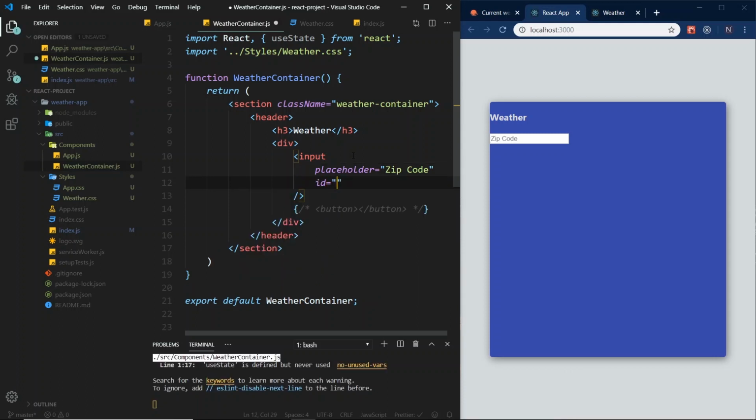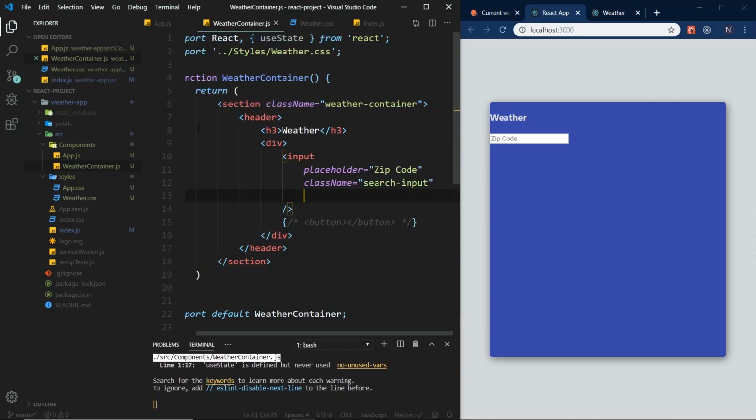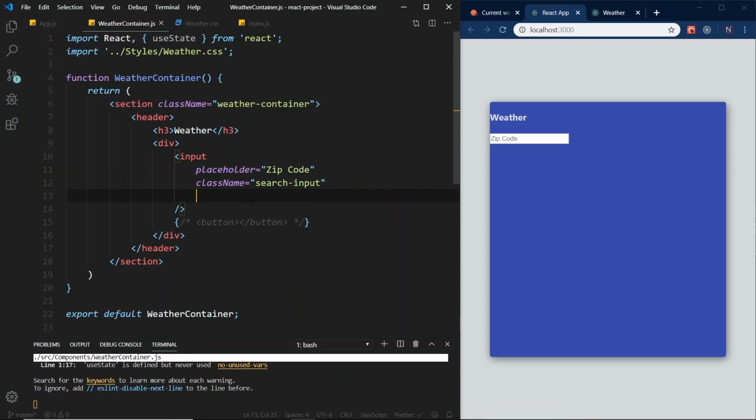Let's give this an ID. We don't need to give it an ID. What else do we need to do? We need to add some styling to this. So let's give this a style of search input. And we don't need this file structure open for now. And then what else? We will need to give a